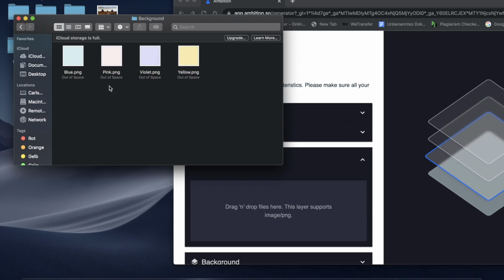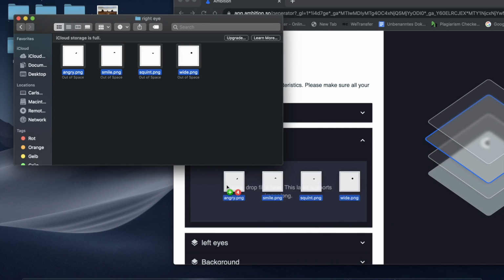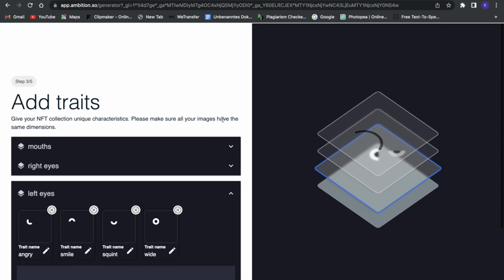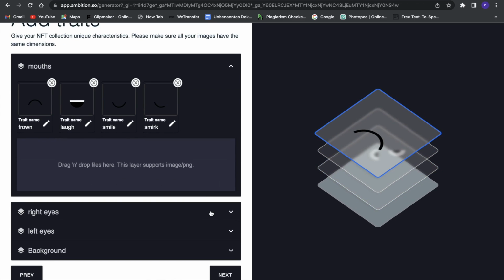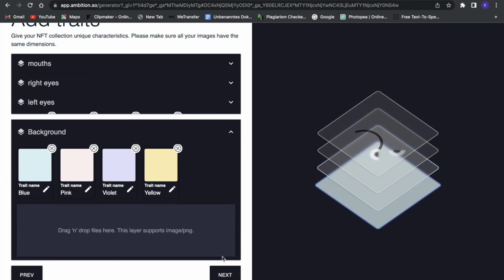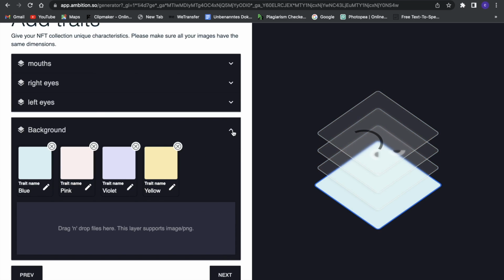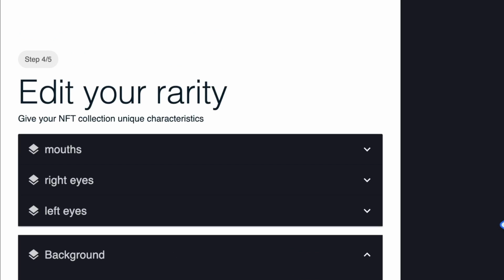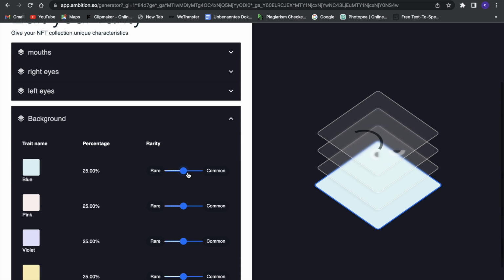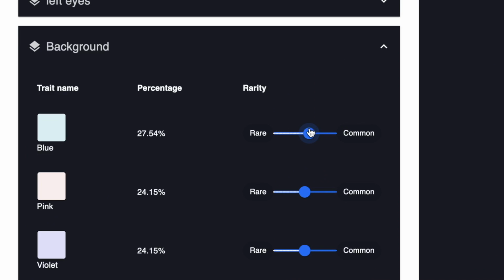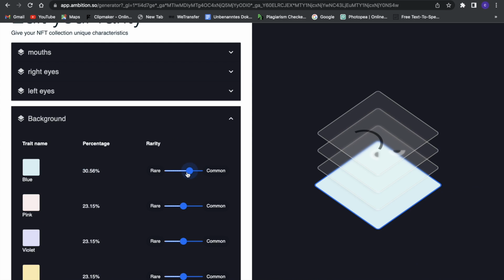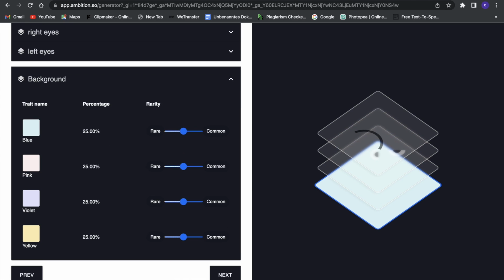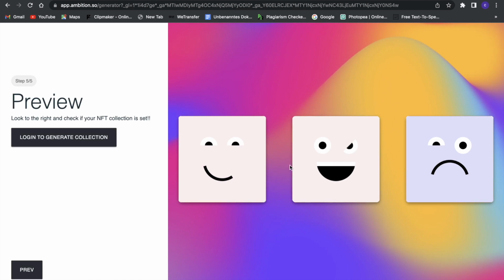Now when we look through these different folders, we can see they all contain some images, and that's basically our different layers. And when everything is in here, we can just click on next. Alright, now here we can edit the rarity of these different layers, and so you can basically just drag these. Then the likelihood of this layer to be chosen will either increase or decrease, but I'm just gonna leave it like that now. So I will just go on and click on next, and then we can already see